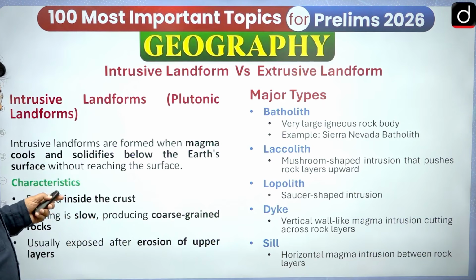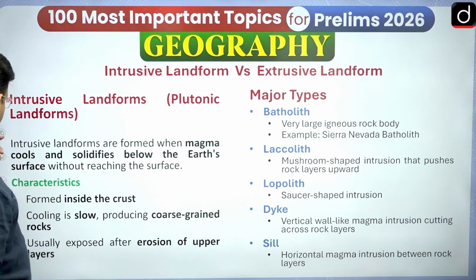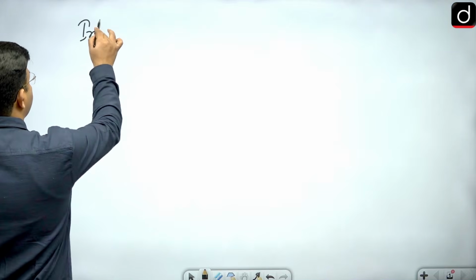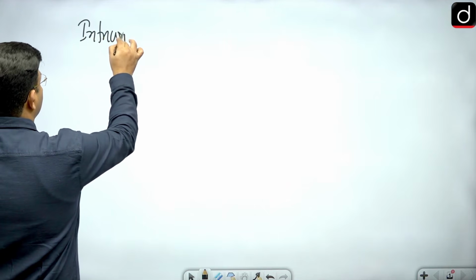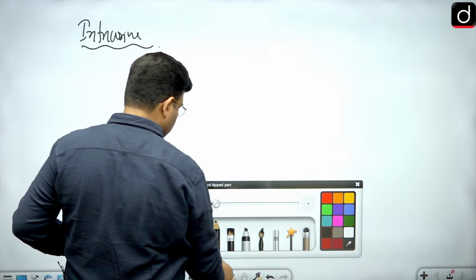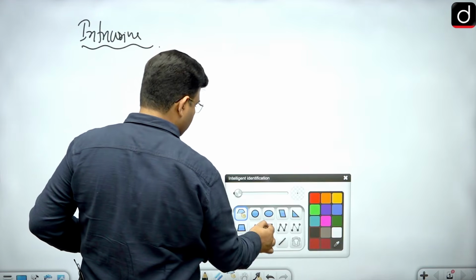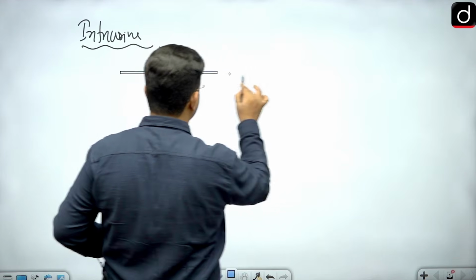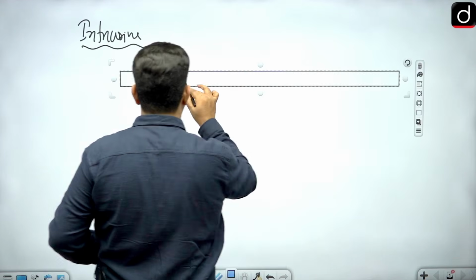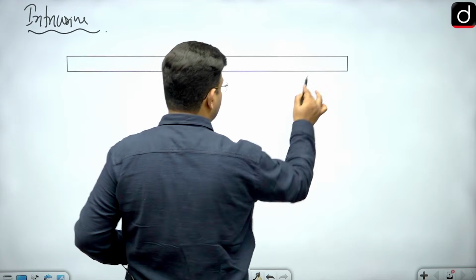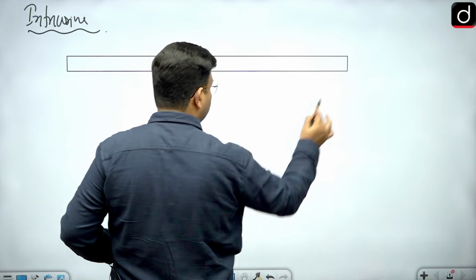In the case of intrusive volcanic landform, suppose there is an earth surface. If I am saying that there is an earth surface here, and below the earth surface there can be